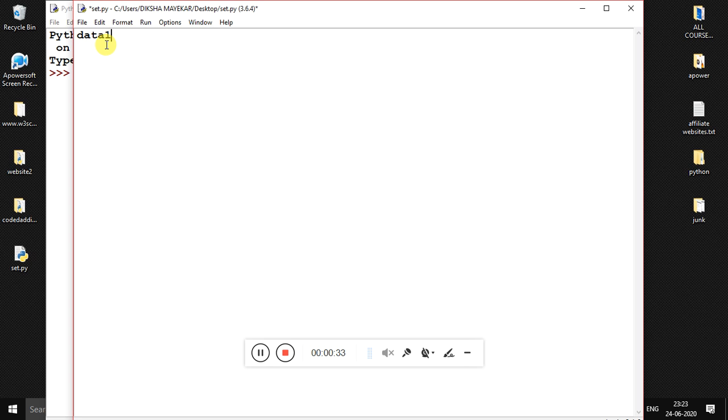I will say data1, and when it comes to making use of a set, it is specified with curly brackets. Now let me give you the definition of a set. A set is nothing but a collection which is unordered and unindexed. In the previous classes we have seen the list and the tuple. When it comes to the tuple, there was order, there was addition of the elements, and everything was indexed